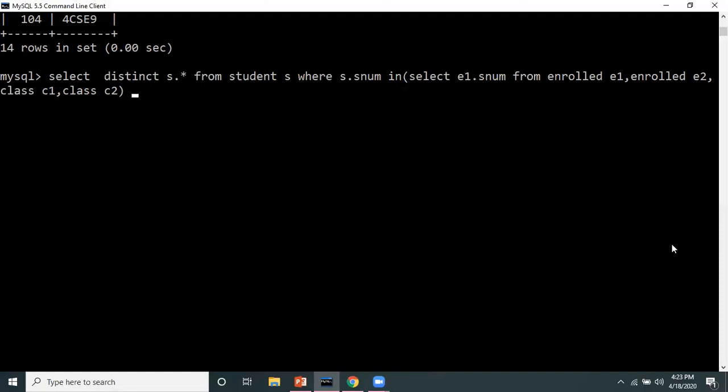So here we will put the condition where E1 dot snum should be equals to E2 dot snum. When student number is same, then only we will be able to catch that student, right? And its course should not be same, because they should be enrolled in different courses.